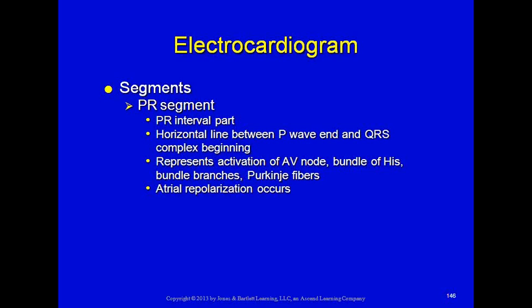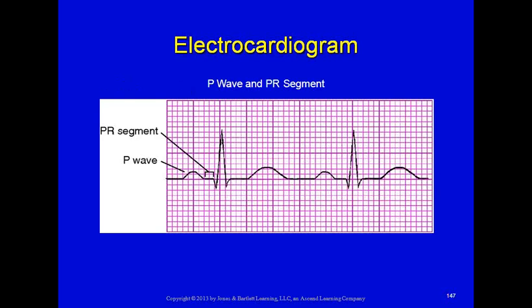It represents the time that the AV node holds that electrical charge before letting it go through the bundle of His, down the right and left bundle branches and into the Purkinje fibers. And that is the time where that atrial kick occurs, where the atria are able to dump all their contents and then begin repolarization. So there's the PR segment there on that